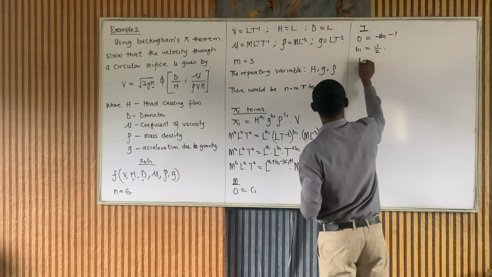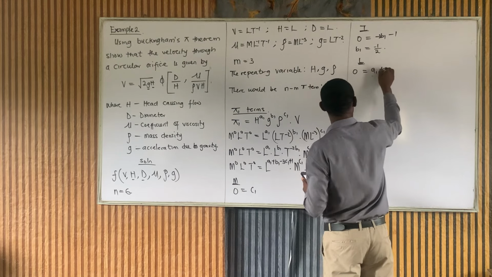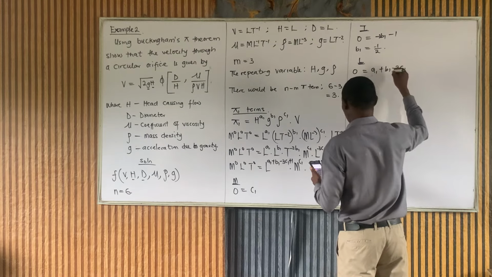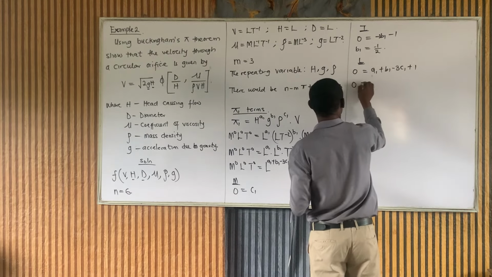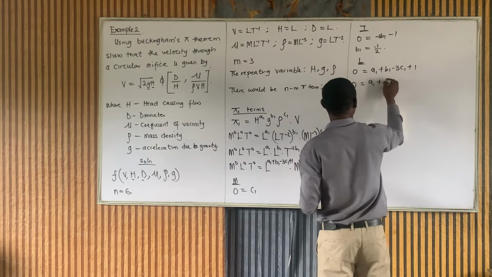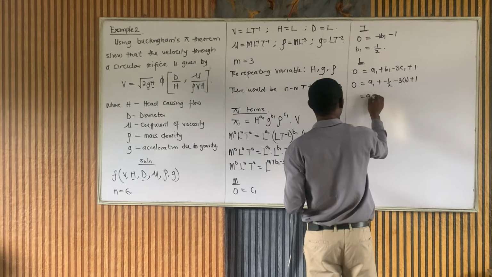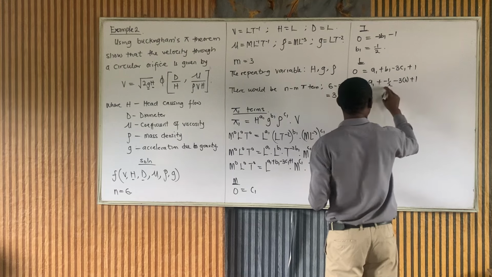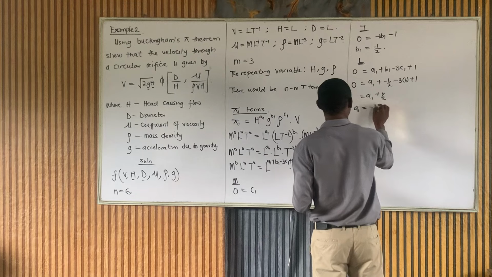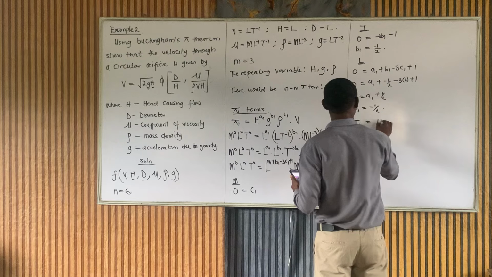For the L, we have 0 is equal to a1 plus b1 minus 3c1 plus 1. So this will be 0 is equal to our a1 here, we're looking for that, but our b1 is minus 1 over 2, minus 3c1 which is 0, plus 1. So this is equal to a1 plus 1 over 2 minus 1 over 2 plus 1 over 2 will give me plus half. So simply, a1 is equal to minus half. So we can come back to say that our pi1 term is simply equal to h to the minus half,